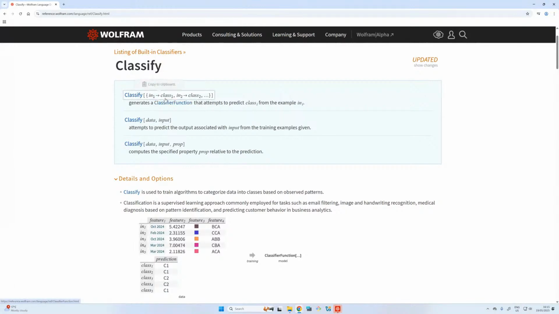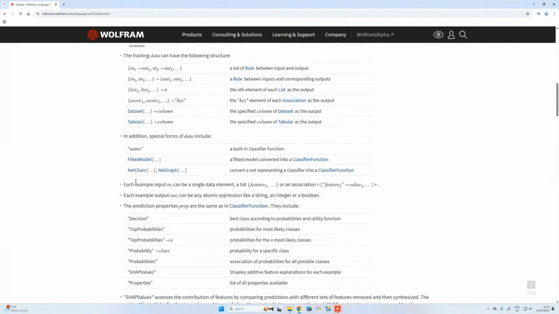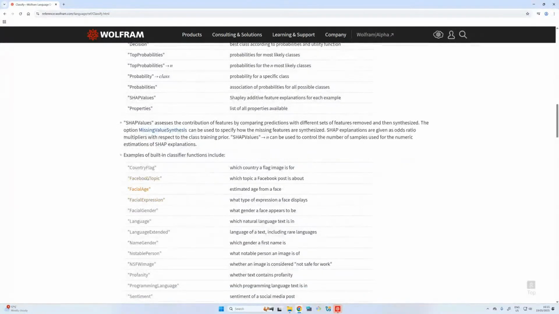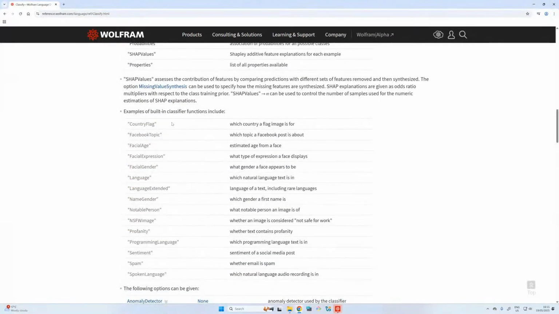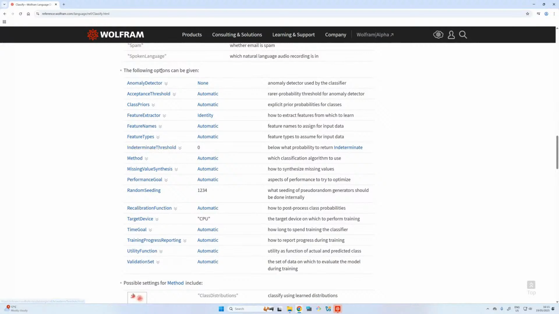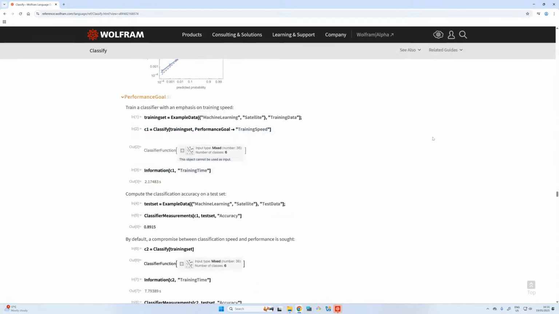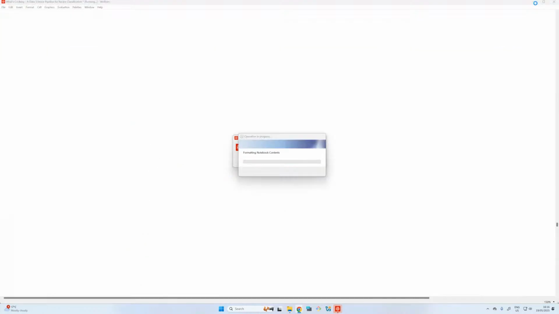Here is how the data sets are taken in, and here are some fine tuning properties that you can use. And here are some built-in classifiers, like you can see which country flag this is. And the following options, which we've seen too. And Method, we can show that later. And performance goal, this is what I was talking about. You can limit the time of it, and you can set